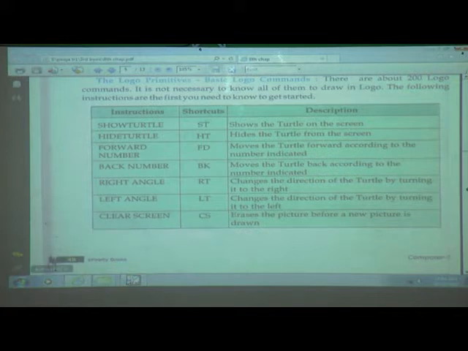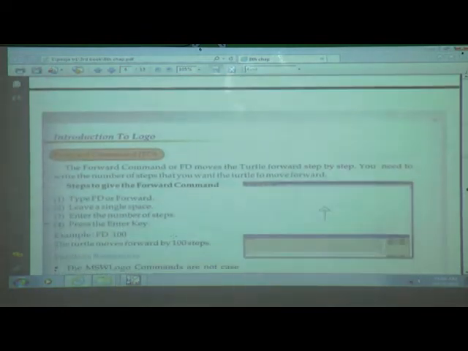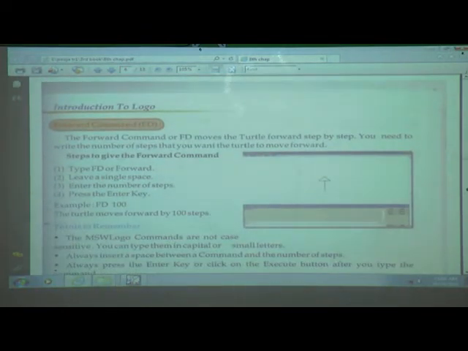Clear? Now we will see the first command, FD, the forward command. What is the use of the FD command? The forward command FD moves the turtle forward step by step.